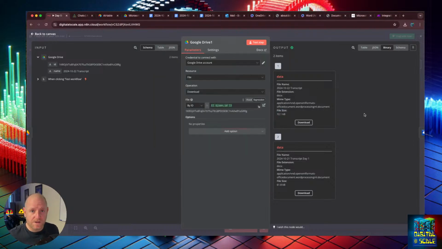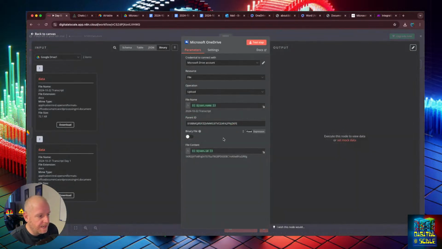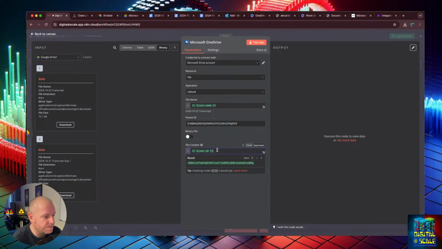But we don't want to download it. We want to upload it to our OneDrive. So I'm going to go back here, now that we have the data, go back into our OneDrive and we can just replace the file contents with